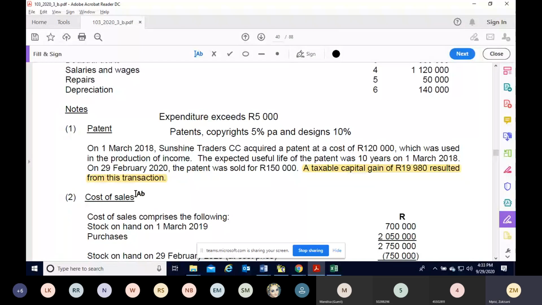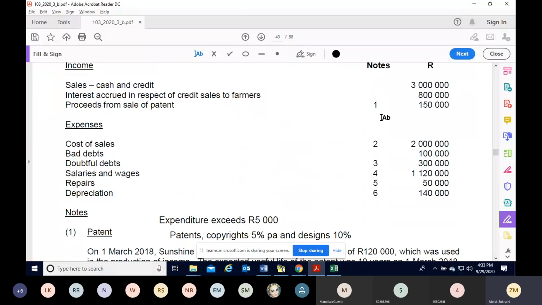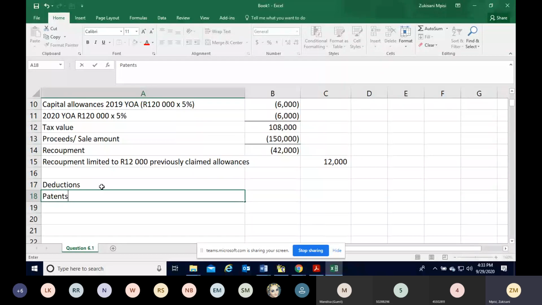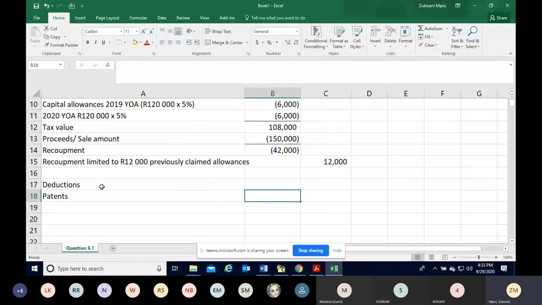So this was the last income that we were given. So we move on and we go to deductions. Here it's called an expenditure, so I'll move on with the word deduction. So the first deduction that we have now to cover is the patent. And we have already calculated it. I'm sure everyone can see that we have already calculated it here above